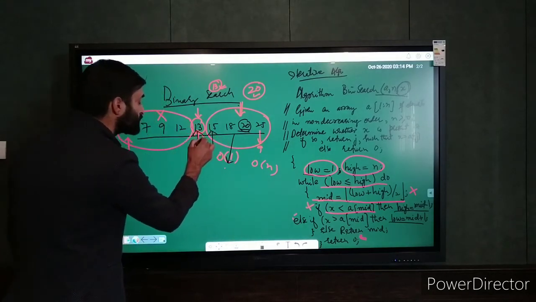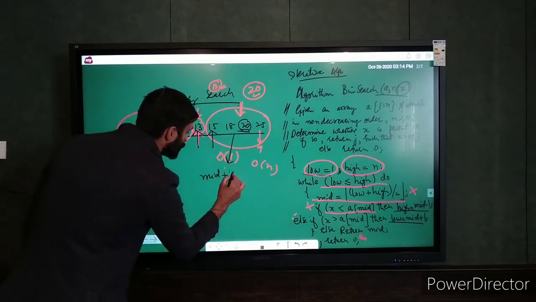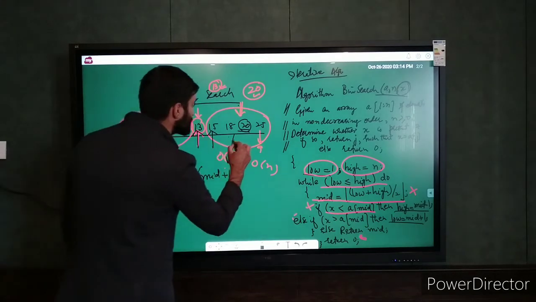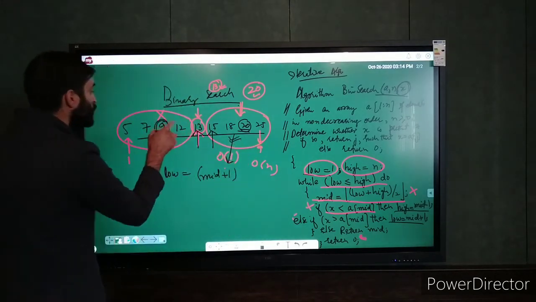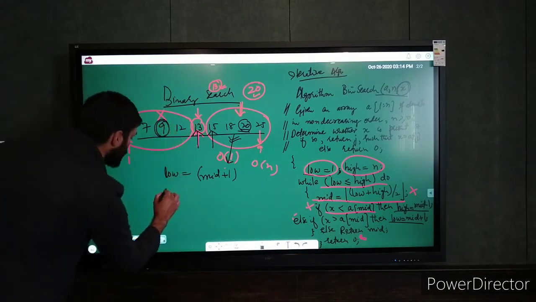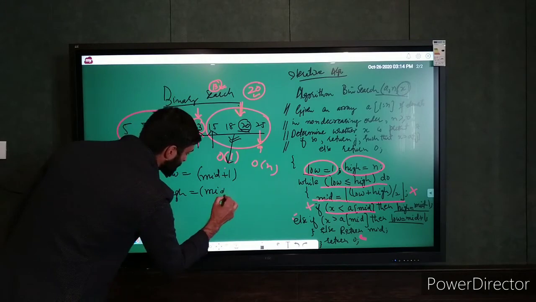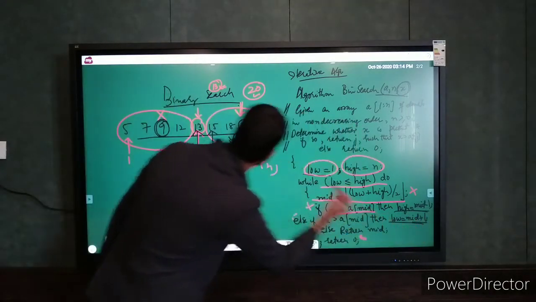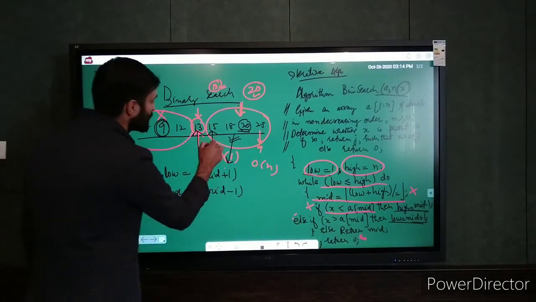The previous middle value plus 1 would be my new low value, right? If my element is present in this array, like if my element which was to be found was 9, what would be my new high value? New high value would be mid minus 1. So it is mid minus 1 when my new high value is this and low value is this.